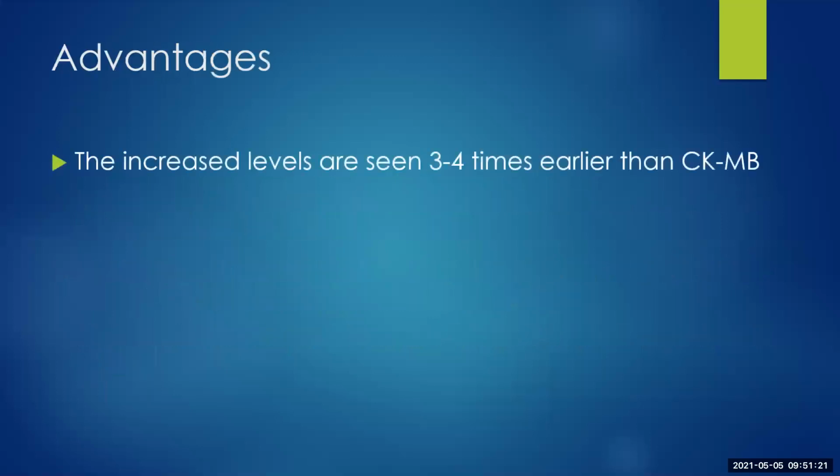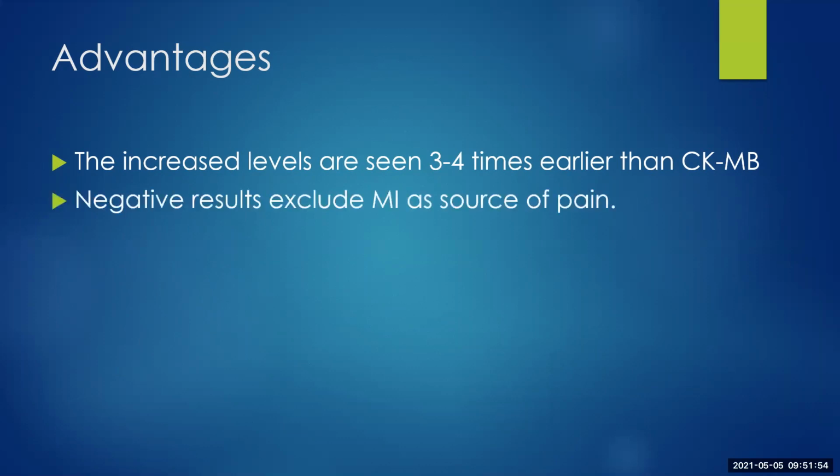So it has certain advantages. When the level starts to increase, myoglobin level increases 3 to 4 times earlier than CKMB, one of the best enzymatic markers for assessment of cardiac injury. When we compare it to myoglobin, the CKMB level starts to increase 3 to 4 times later. So there is a time gap. Okay, it can increase within 2 hours of cardiac injury. So it helps us for identification of cardiac injury faster than any of the enzymatic markers.